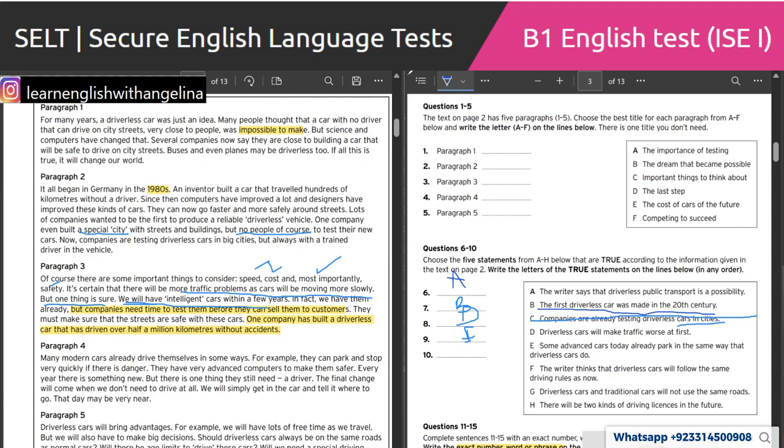Maybe wrong. Why? Explain it to everyone. Why do you think it's wrong? Need a driver. Some advanced cars today already park in the same way that driverless cars do. Some advanced cars. E is definitely true. Okay, that some advanced cars